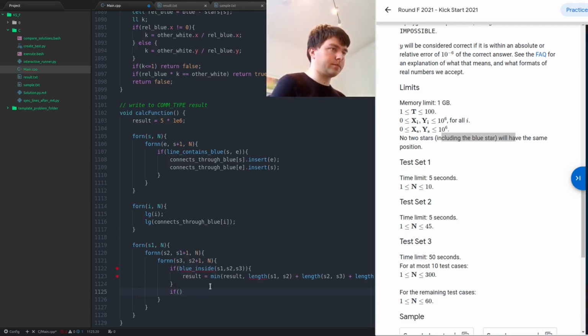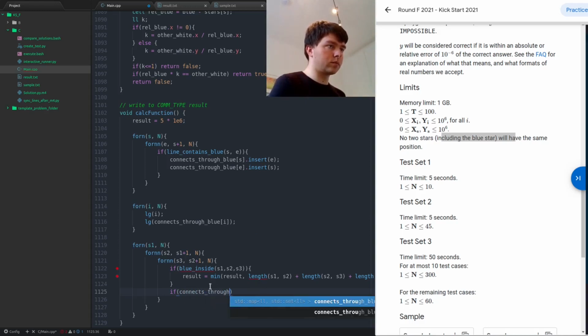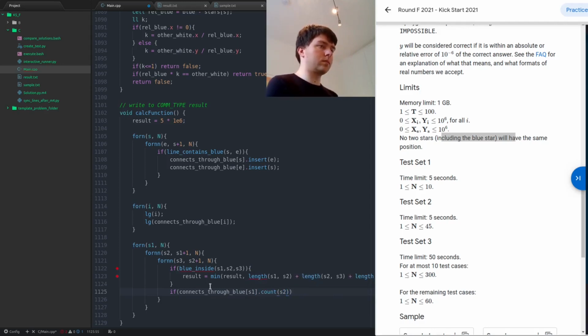So if it connects through blue S1 and S2, in this case, S1, S2 connected has an edge on which the blue star is. So in this case, you need to iterate